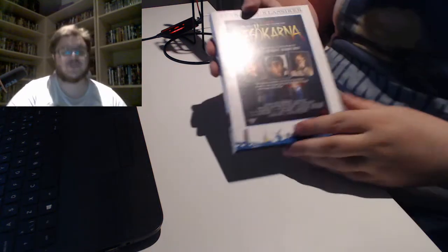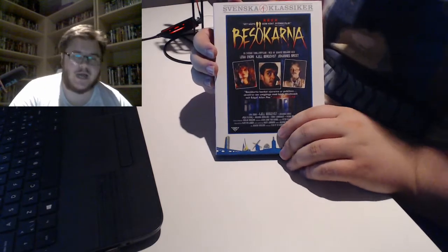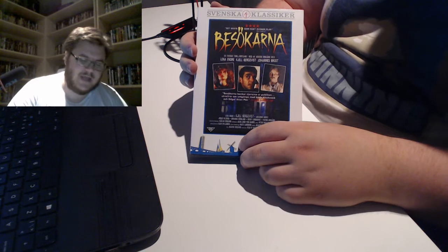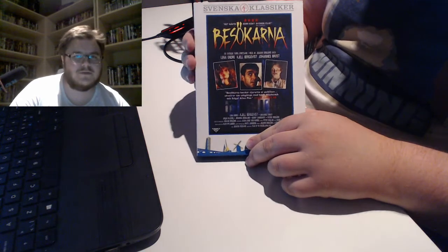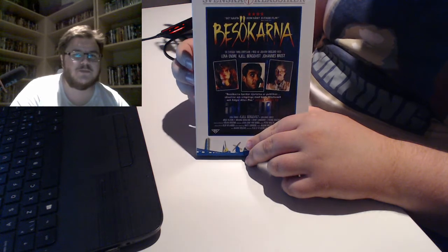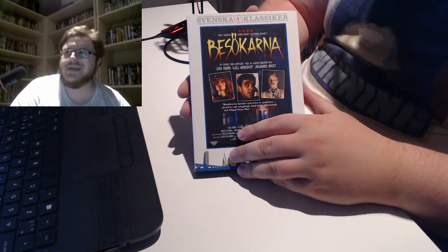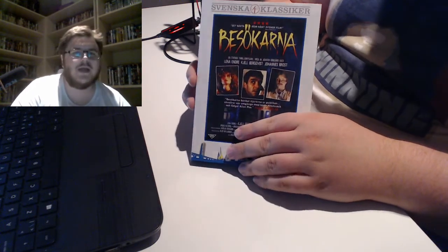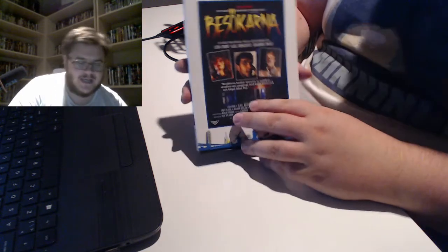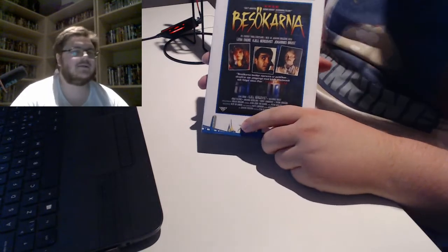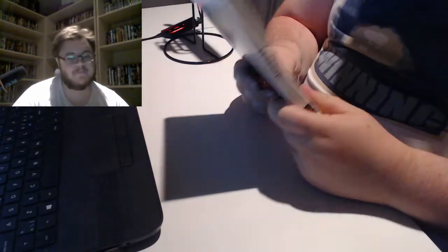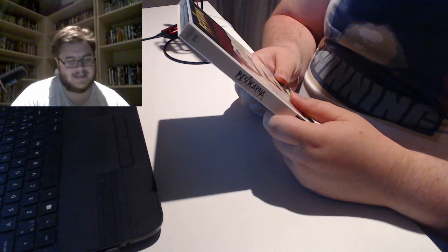Oh my god. And then we have a Swedish horror movie. It's called The Visitors, or Besökarna in Swedish. It's, for some reason, hated and said to be one of the worst Swedish movies ever made. I really enjoy it. It's kind of a mix between your classic ghost story and Ghostbusters-esque comedy. I really like it, legit like it. I don't know what to say. Whatever. It's a Swedish movie. I'm pretty sure you can find that with English subtitles.